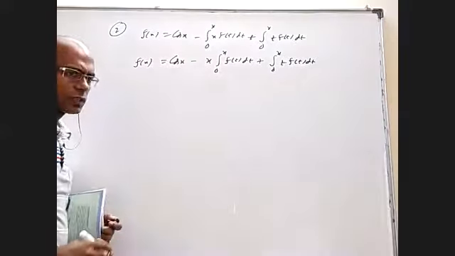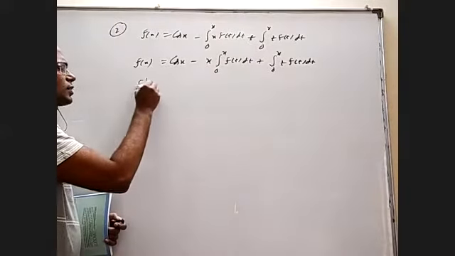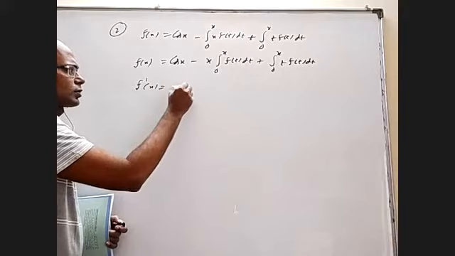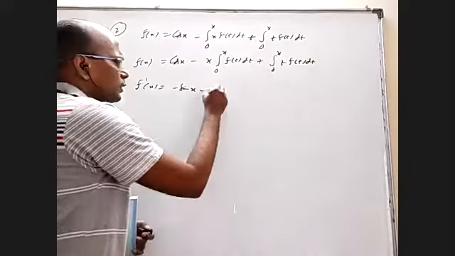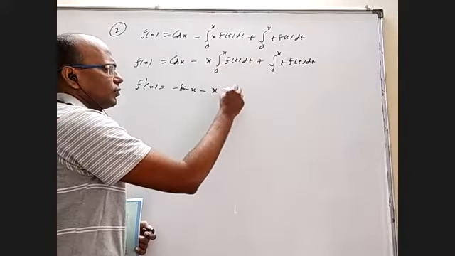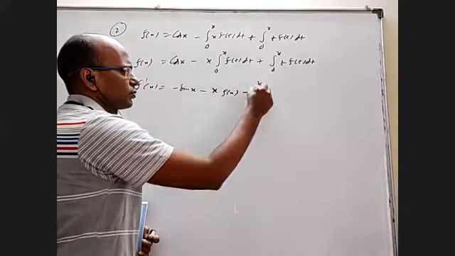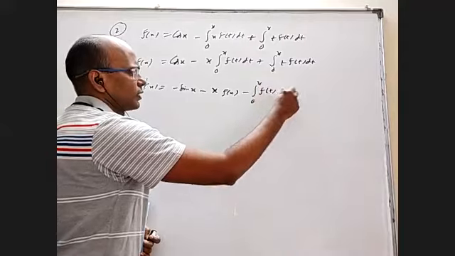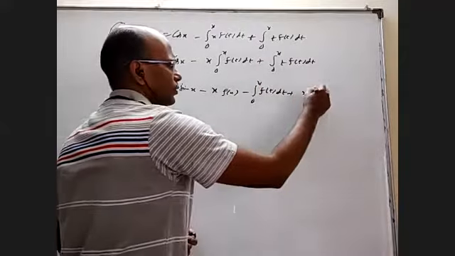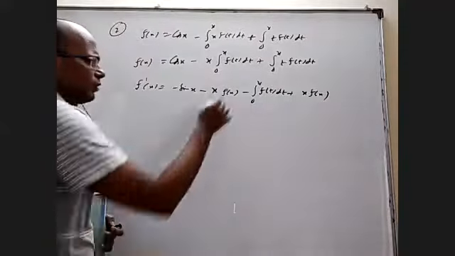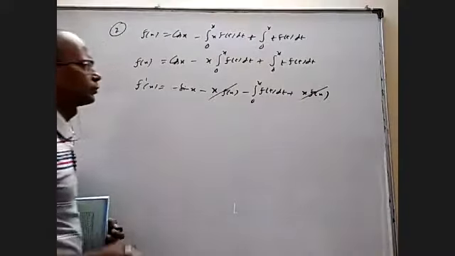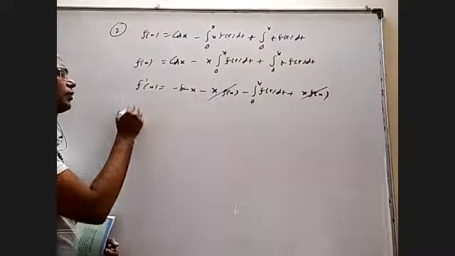I can differentiate with respect to x on both sides. So you'll get f dash x here. Derivative of cos x is minus sin x here. Product rule: x into derivative of this is f of x, minus this into derivative of this is 1, so the integral from 0 to x of f of t dt will be left as it is. This you can write x f of x. Anyway, x f of x got cancelled. Now differentiate one more time.